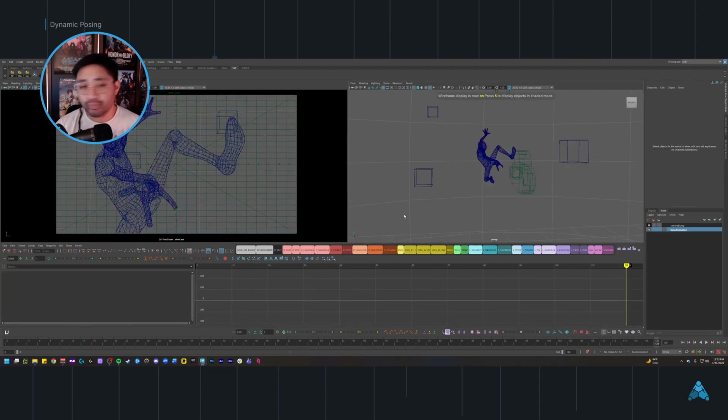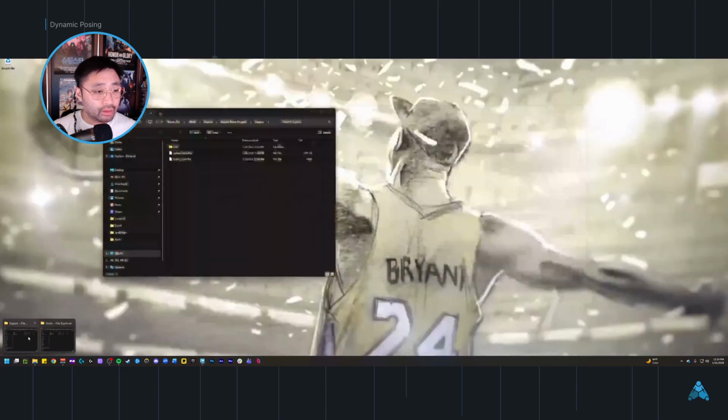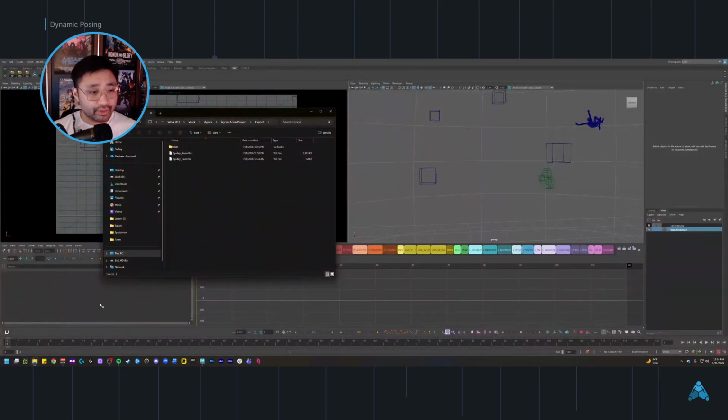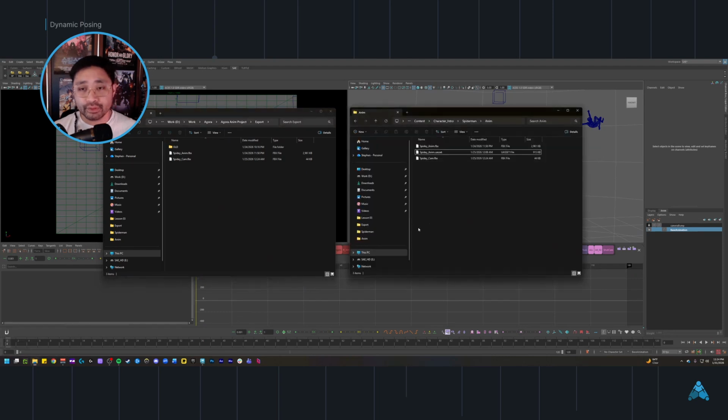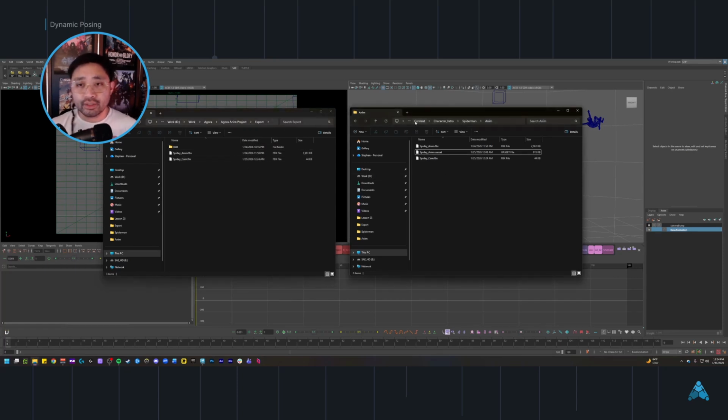And then we're going to import it into Unreal just to test and see if everything is still working as it should. Okay, so from here, I'm going to make sure I have my Anim folder up as well as my Unreal folder. I have all of my exports here in this export folder from my Maya. And inside the content folder of my Unreal project,